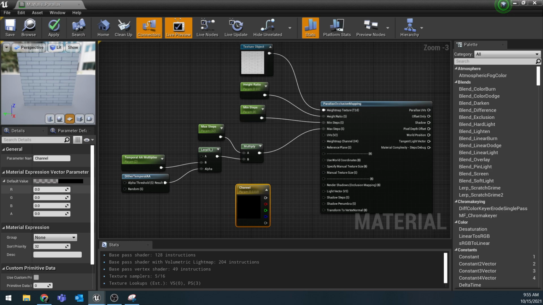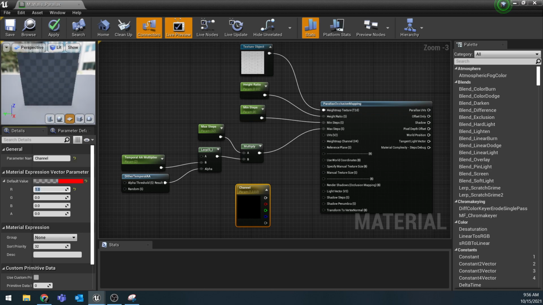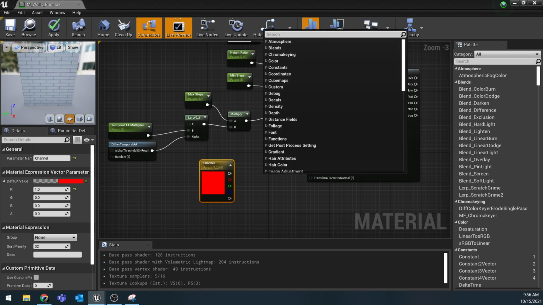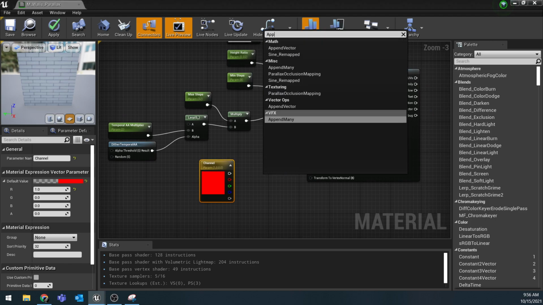So if we select this over here, we're just going to give that R a value of 1. And we need to then make an append node. So I'm going to click here, add append,